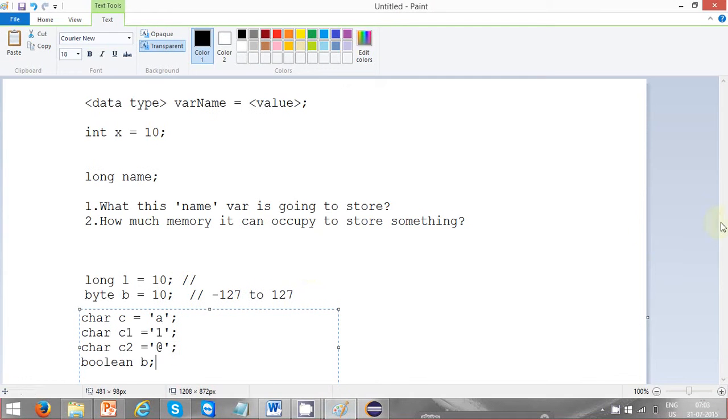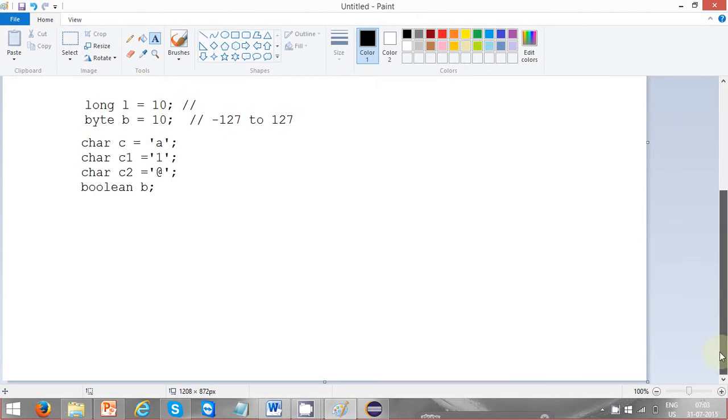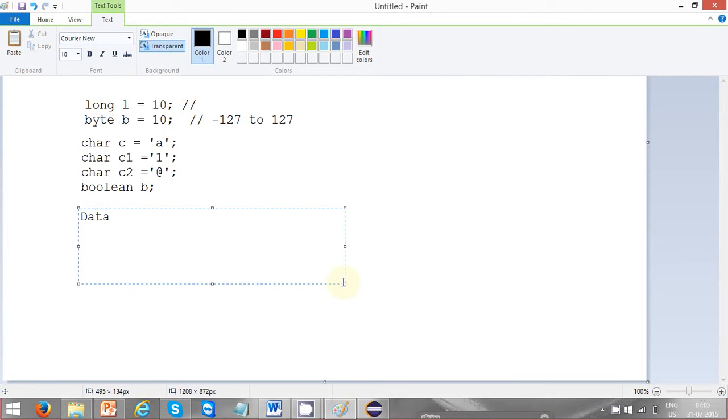So when I say data types example, d example equal to new data type example,